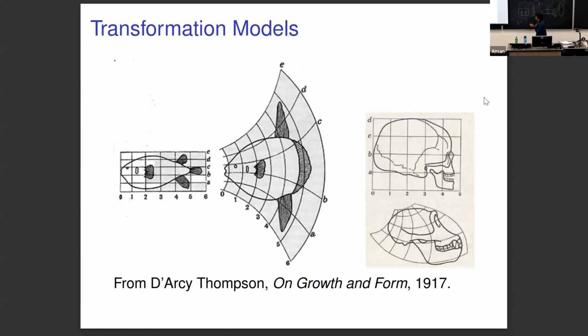Okay, so transformation models. As we briefly saw in the previous slide, let's say you have a template fish in the coordinate chart, and there are other fishes that look similar and have the same body parts, but are slightly different in terms of shape. So instead of modifying or transforming the fish itself, you can modify the coordinate system directly and transform it in a way where it looks like a